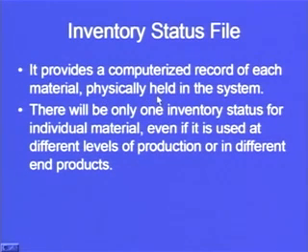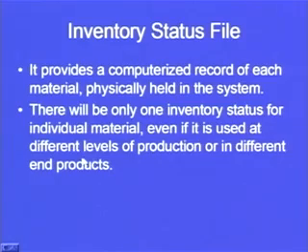Now all these materials, if we go to the previous slide, you can see that product A requires sub-assembly 1, 2, 3. Now sub-assembly 1, 2, 3 requires components X, Y and Z. So how many components X, how many Y and how many Z are present in the inventory will be stored in a computerized manner in a particular computer, and that will be storing all the information: how much quantity is there, how many have been ordered, how much has been sent to the shop floor for the assembly. All that record would be maintained in a computer.